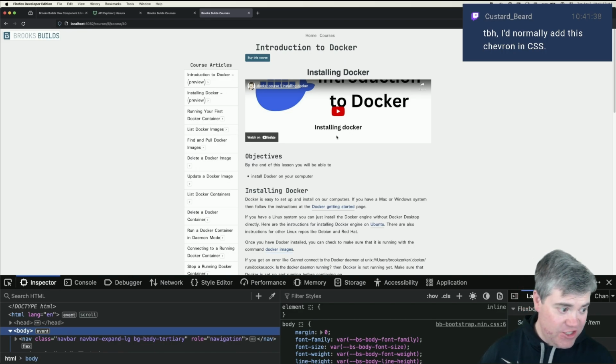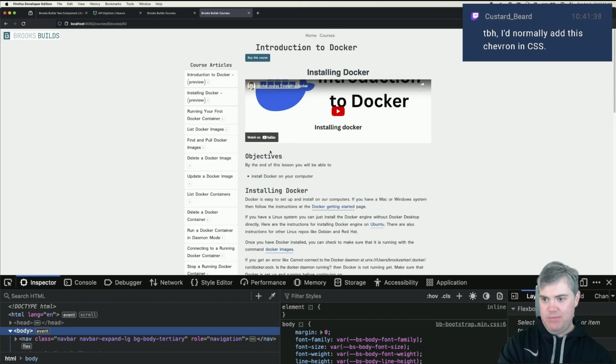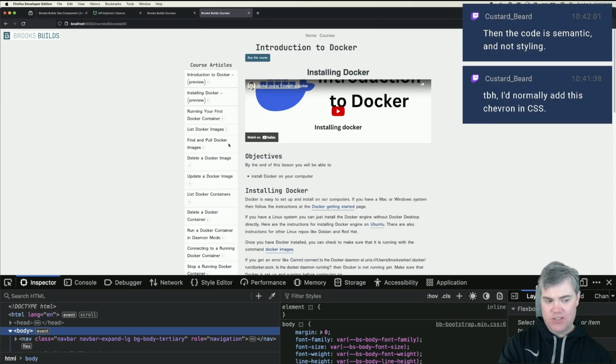Oh, normally you'd add this chevron in CSS. Yeah, I can totally see adding it in CSS. I would really love it to be to the right of this too, but